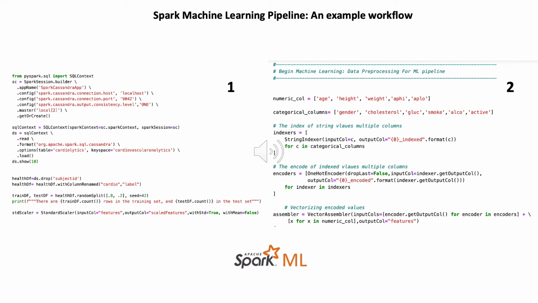For machine learning, I use Spark to ingest data from the corresponding Cassandra table. The data is split into training and test sets. Different transformations such as scaling and one-hot encoding are then performed on the data, after which the data is assembled into a suitable format for machine learning.